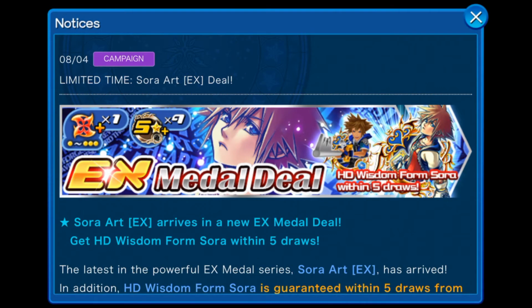And we have today another series of Is It Worth or Not, featuring the Sora Art EX deal. Now this is the third variant of the EX medal that's currently available in Kingdom Hearts Union Cross. And this one will be the magic base, so that represents all three attributes that we have in the game,